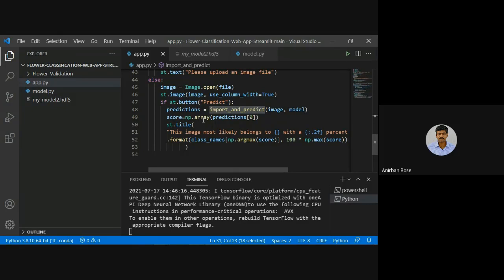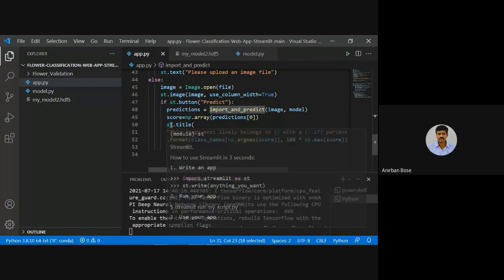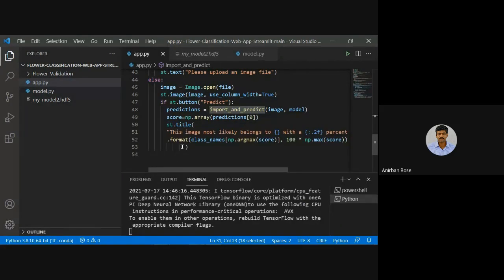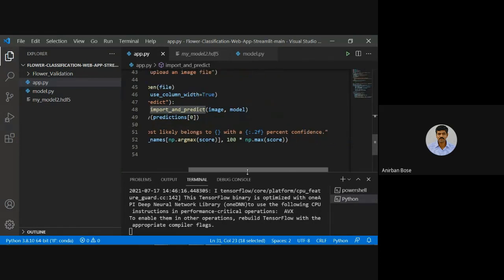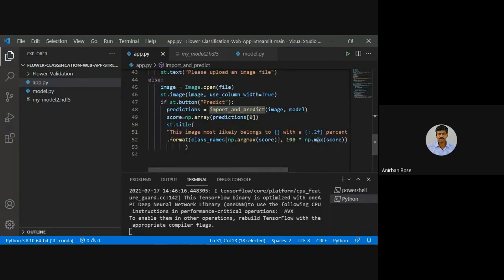Then what you are going to do is, in a title format, you just write that this image most likely belongs to this, where the variable is specified here, and with this percentage of confidence. So the second variable is written there. What is the first variable?